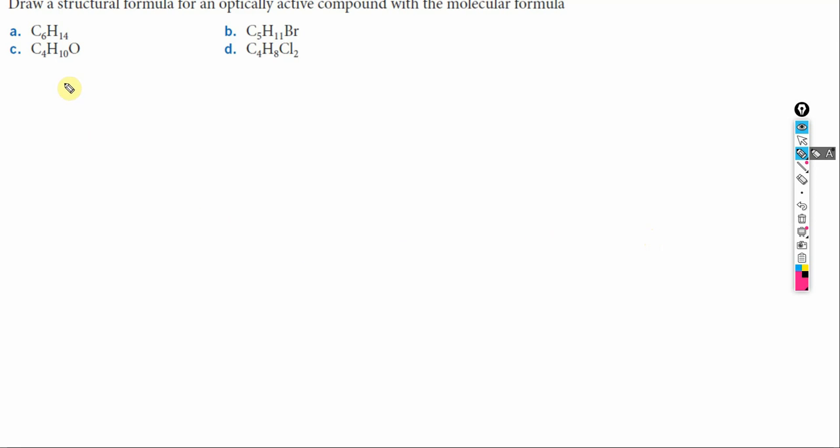So this problem asks you to draw the structural formula of an optically active compound with the molecular formula. When you are supposed to draw an optically active compound, what that means is you should have at least one chirality center in a molecule, right? Let's say, for example, this is not what I'm trying to solve for any of the problems, but if you have at least one chirality center, then you will be able to have an optically active molecule, because this will produce a non-superimposable mirror image, which is going to therefore be optically active when it's in its enantiomerically